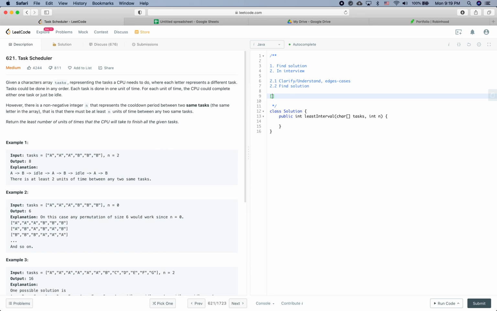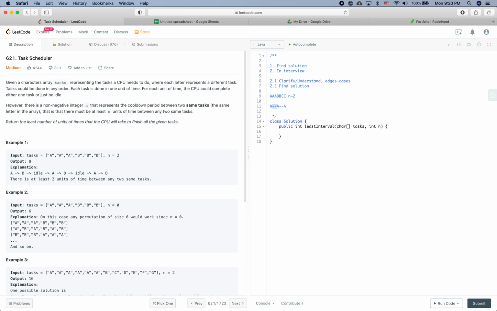Let's say we have the tasks like A, A, A, B, B, C, C, and let's say n is equal to 2. So first of all, we need to make sure that we have already scheduled all the A's, because A has the most. Task A takes the most amount of units of time. So let's say we have A and we have some placeholder for some other task we could potentially schedule in between A's. So currently it will be something like A